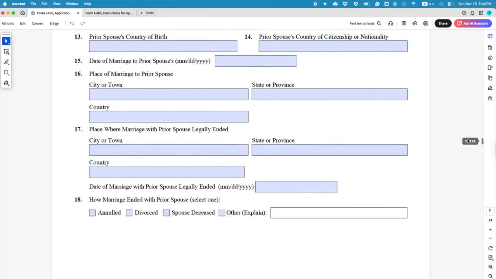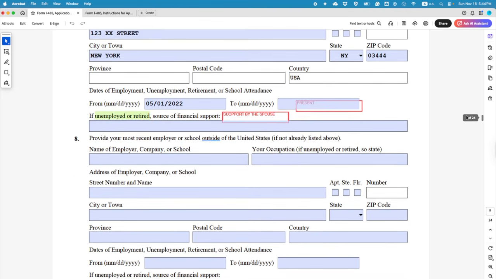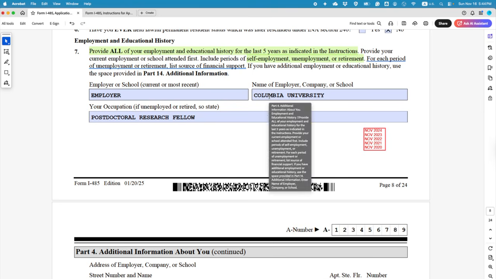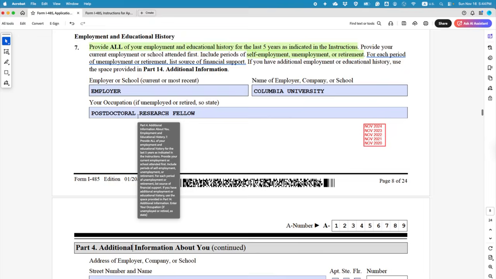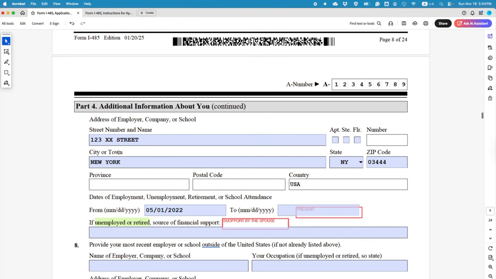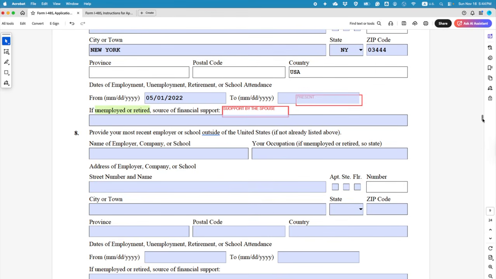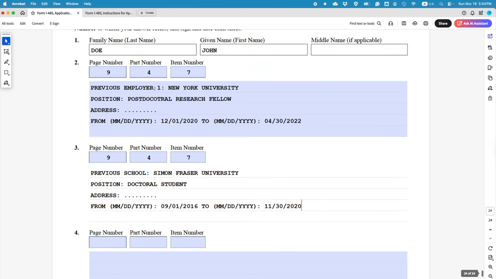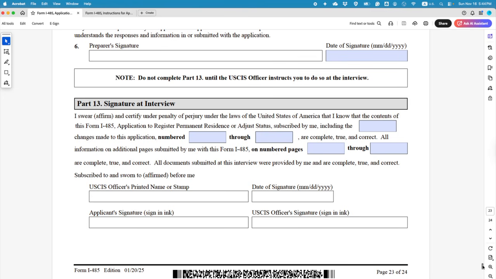We don't have to put any new information here because it asks for your employer's name, position, occupation, address, which city. Yes, that's it, and from and to. We have actually filled out this form, which covered our full 5 years, with some overlap with this doctoral studentship. And yes, so you save it, and now again